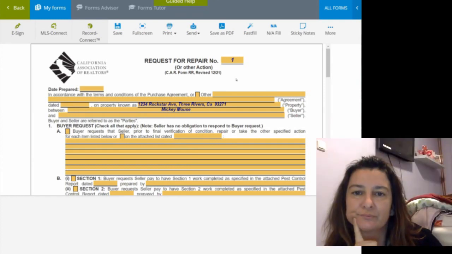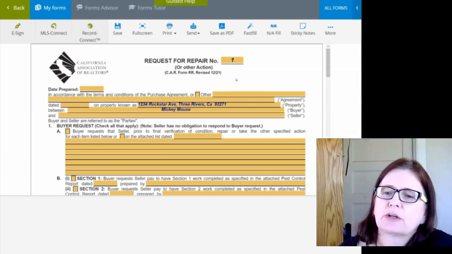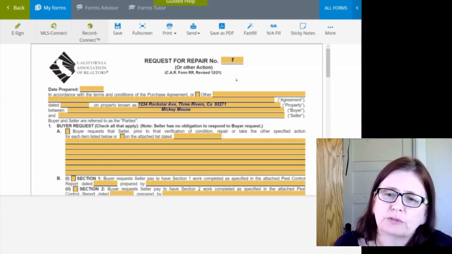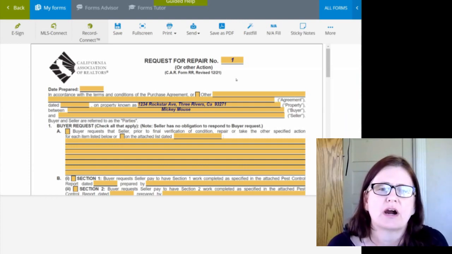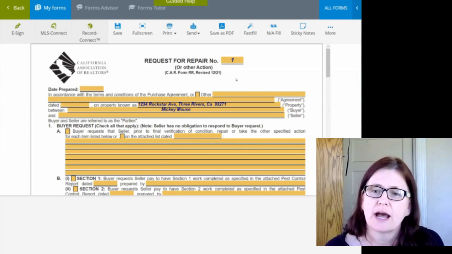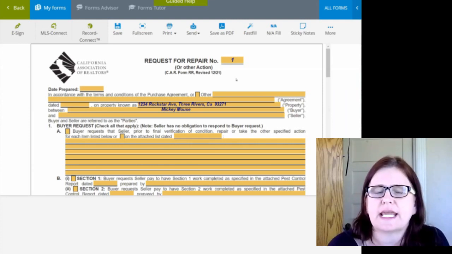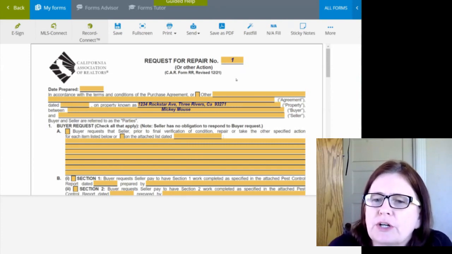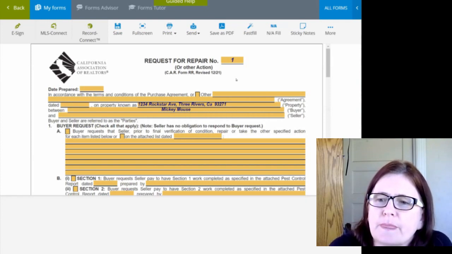The last thing that we want to do is go to the seller with multiple requests for repairs. The place where we would have multiple requests would be if we are negotiating back and forth on the request for repair, and we abandon one and take on a second one. So we want to make sure that we have done all of our inspections before we submit any type of